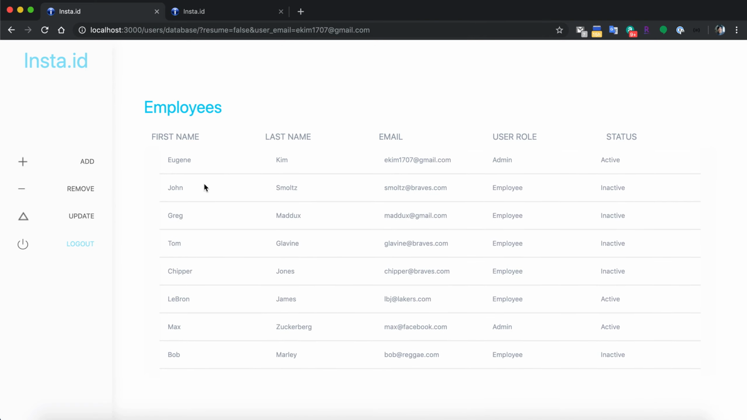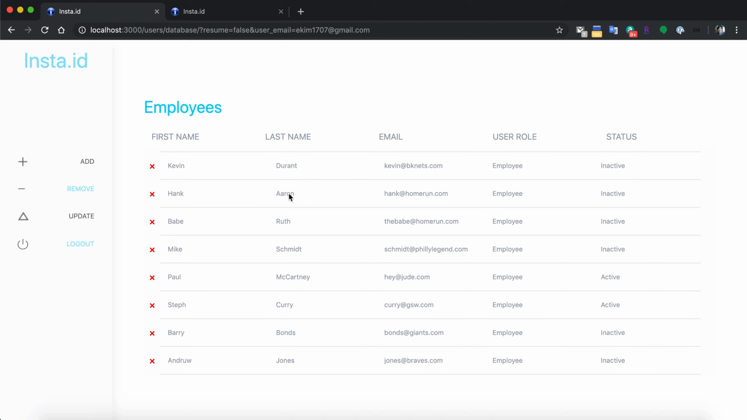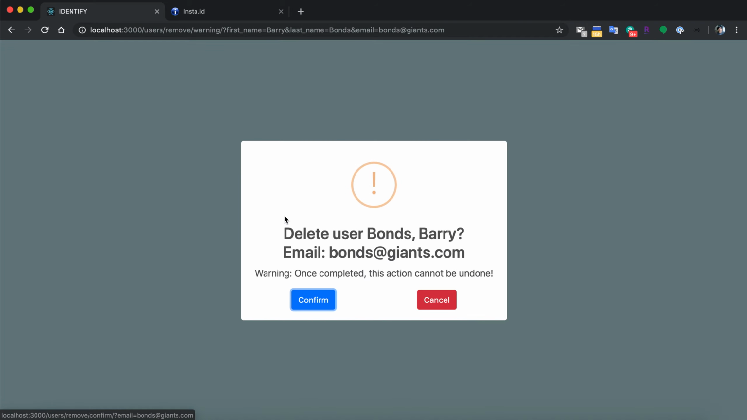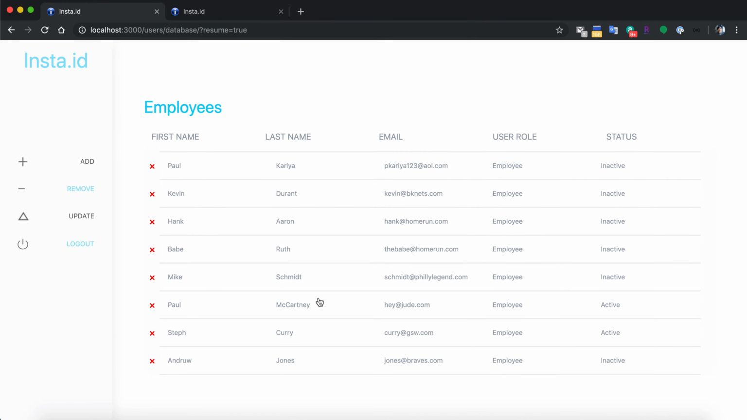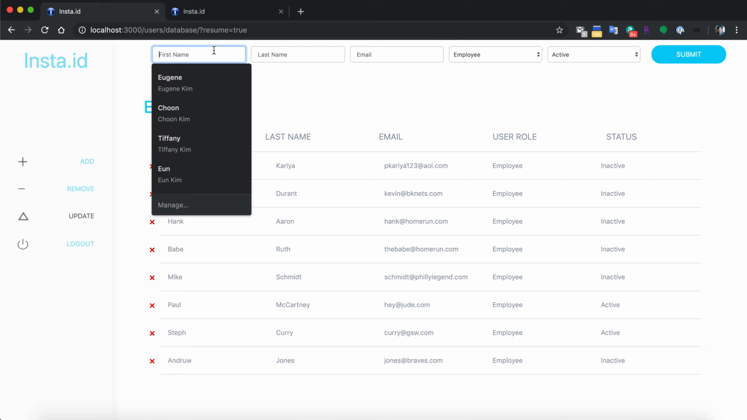If I want to remove, as the super user, I do not have the option to remove myself, but I can remove anybody else on the table. If I wanted to remove Barry Bonds, for instance, I would do that. Confirm. And now he is gone, and he is out of the database as well. If I want to add him back in,